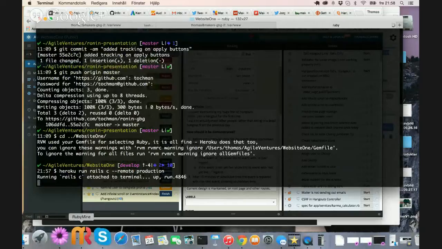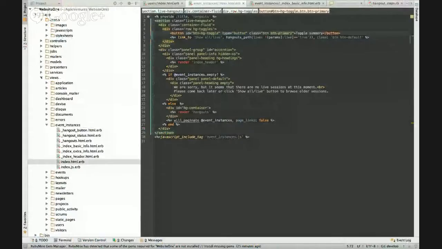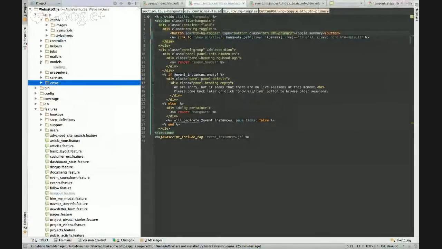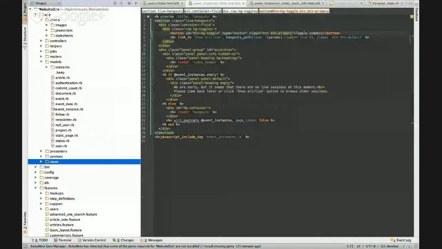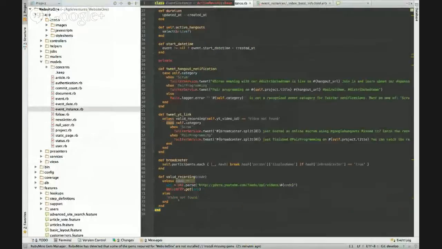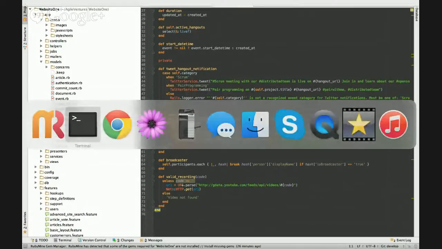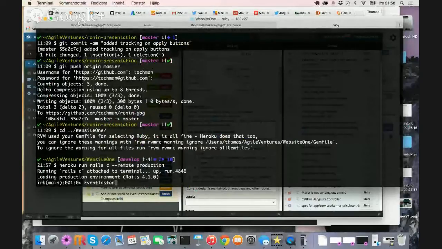When this loads, let me just have a look at the models, the event instance model. Okay, so if we do EventInstance.last,